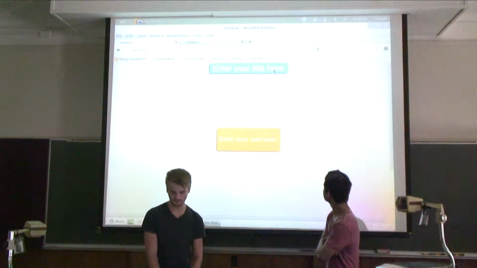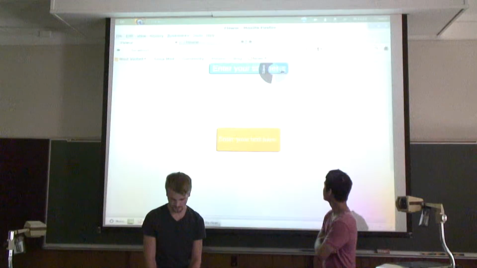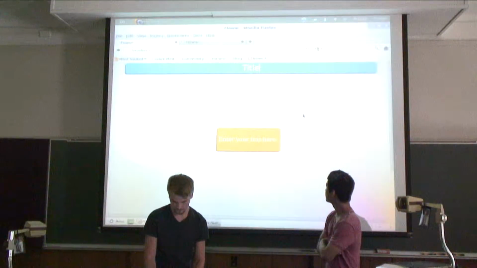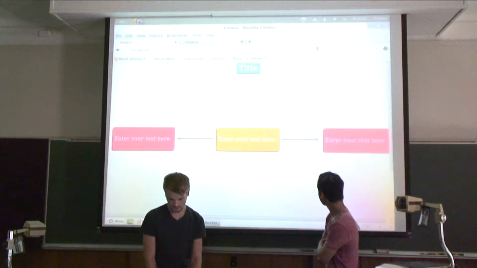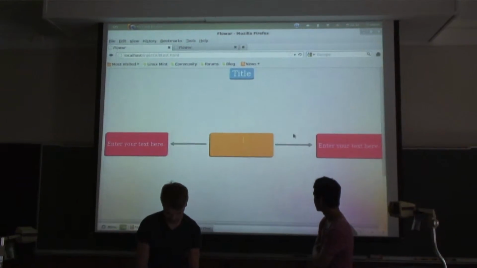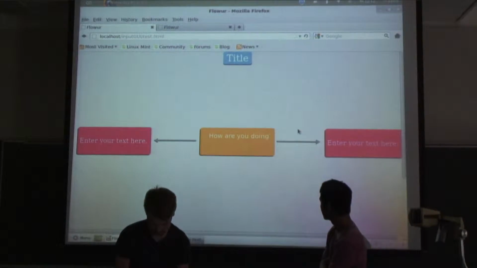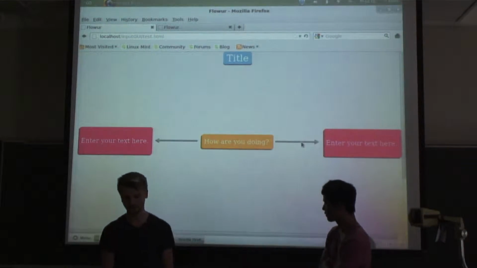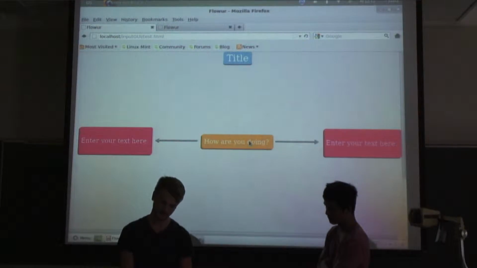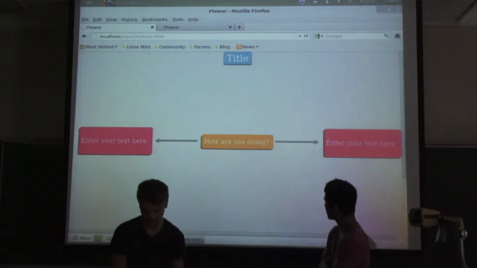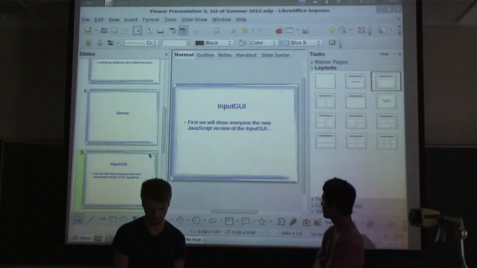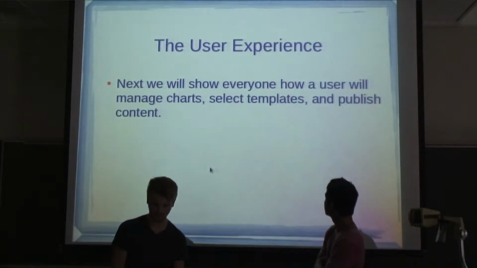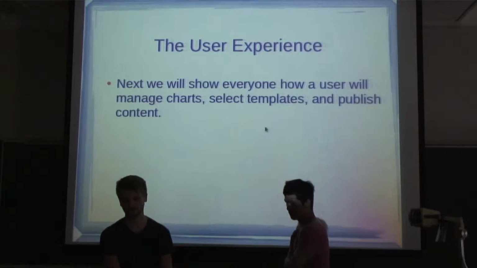It's still a little bit glitchy, but we fixed most of them. This is just the older version. So there's a menu that you edit it with, and you can add nodes. Like that. And we're making it a little bit more streamlined, but currently everything's in this menu that comes up. So we added clicking to focus on a different node and stuff like that. But basically that's how you build the chart, and then you save it, and then after that it kind of goes to the website where you manage the chart and select the template and publish it,